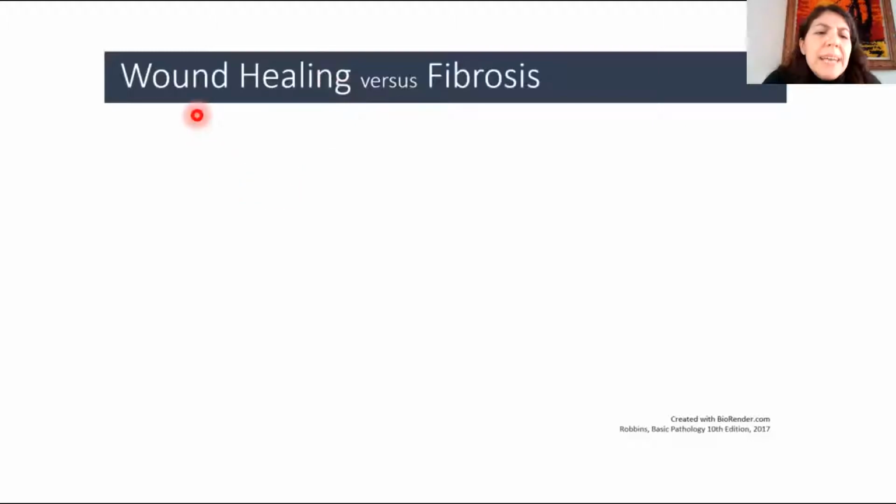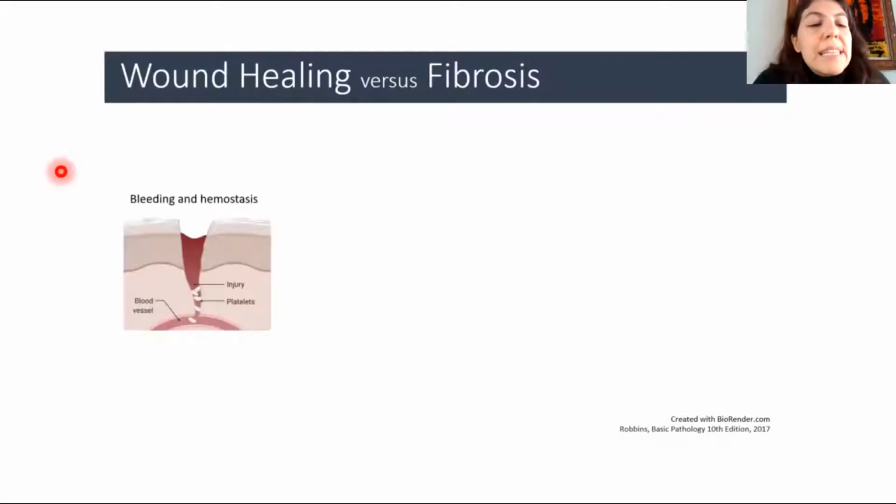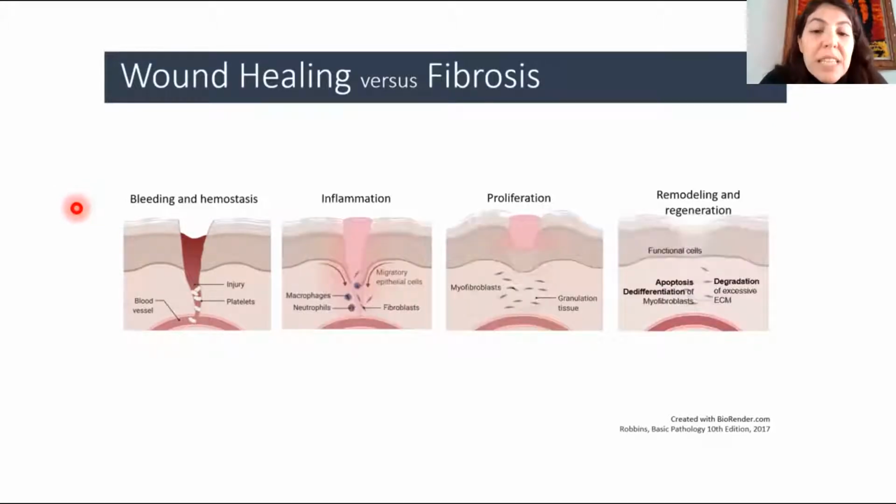So to understand what is the difference between the physiological process of wound healing and fibrosis, I will show these images that explain the 4 main steps of wound healing and how they differentiate from fibrosis. So when an injury occurs, an immediate trigger generates a clot to stop the bleeding. Afterward, inflammation with limited the